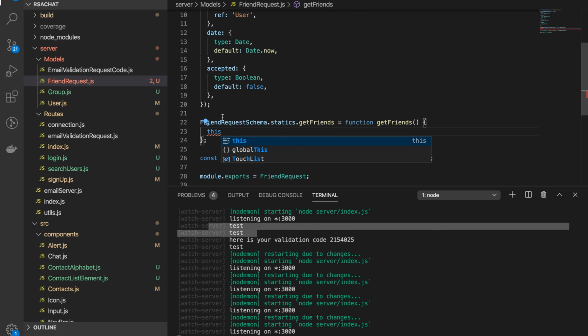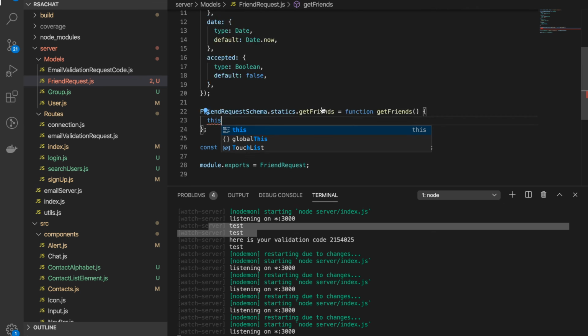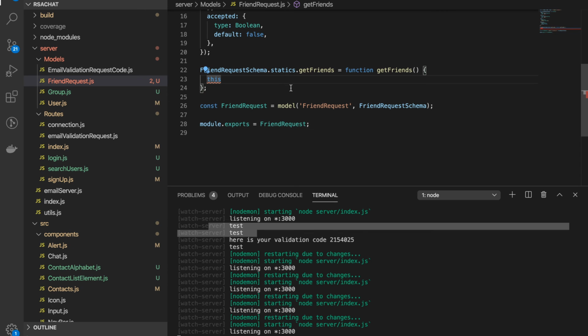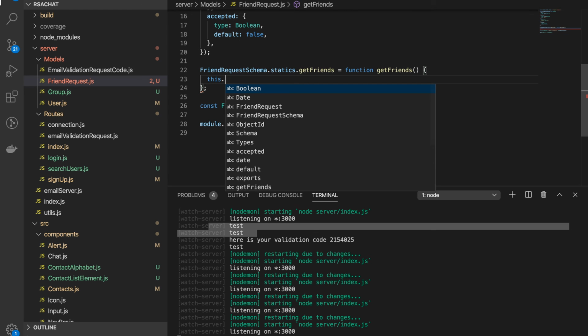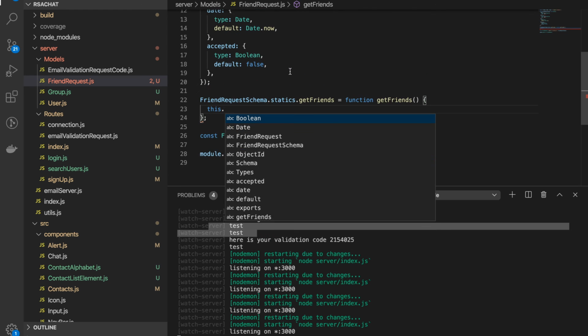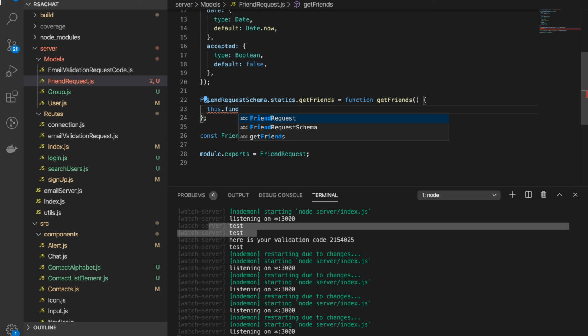Yeah, I know I suck with naming stuff, but that's why it's not a tutorial, because I don't remember the names. I just know how to do stuff because I kept trying and failing and trying and failing again and again. So anyway, you don't want to use arrow functions here, because if you use an arrow function you won't have access to this. But now that we have access to this, we're gonna just this find